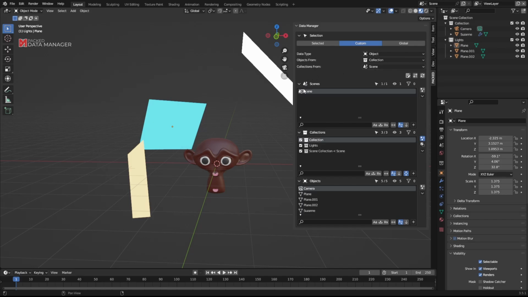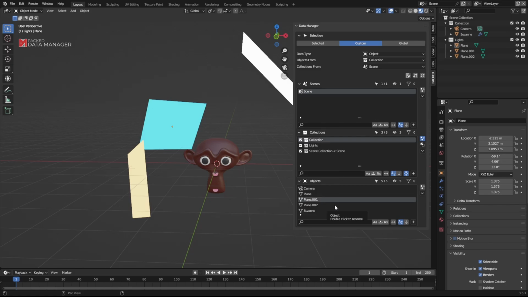Now the add-on goes like this. It says, hey, okay, I have all these scenes. Now I need to get all the collections from these scenes. And from this scene, it managed to find these collections. So now it knows that it needs to get objects from these collections. So from each collection, it's going to take objects and display them here. Here we see all objects that the add-on could find from these collections.